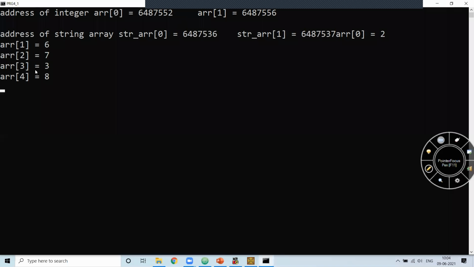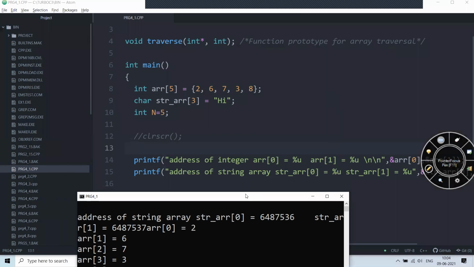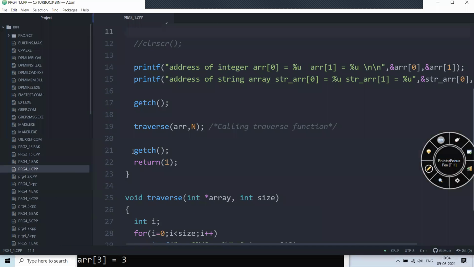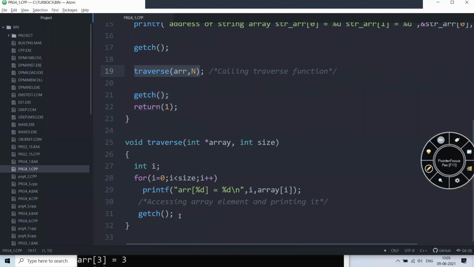Next, when I press enter, because of the getch function present in main, the cursor was waiting over here. So you can observe that you have the getch function here. This part was printed and the cursor was waiting for you to press any key. Once a key was pressed, it called this function and printed all these.